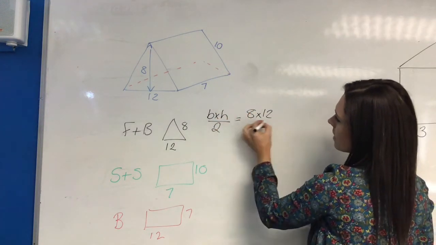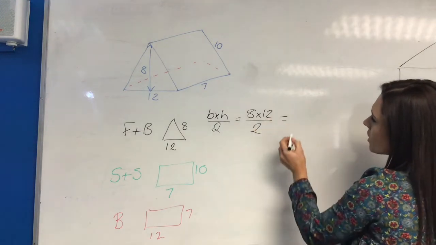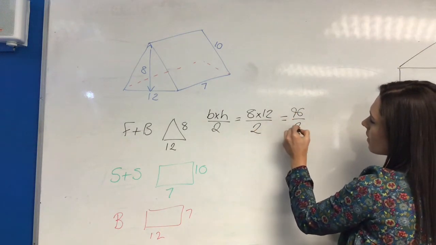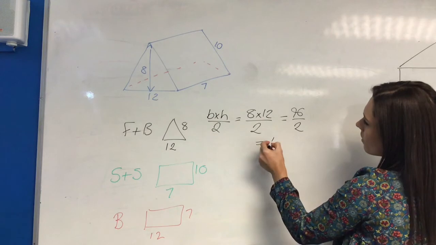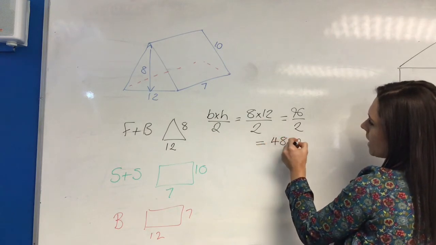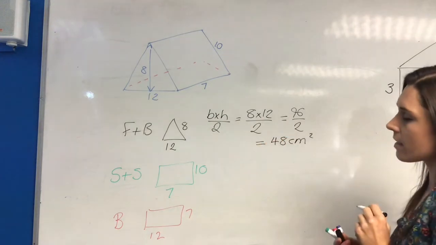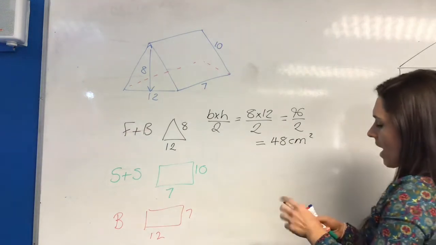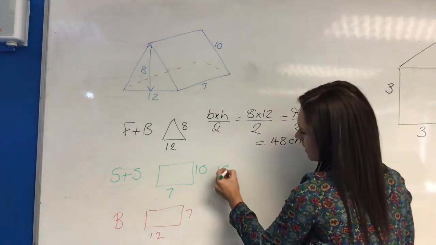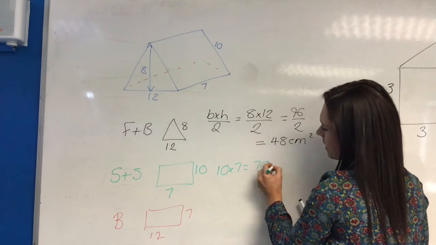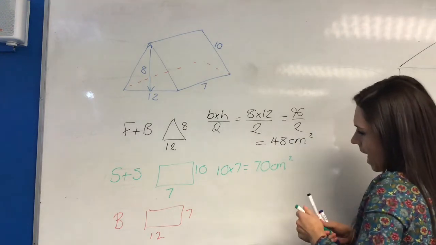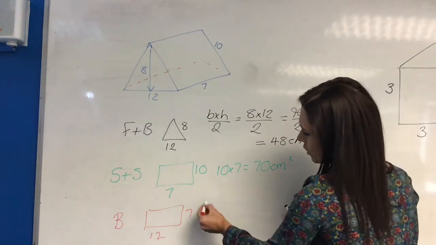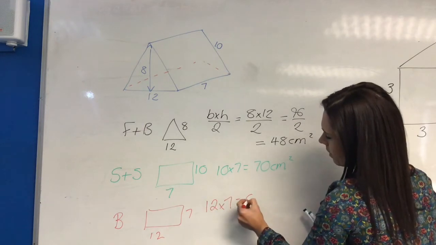So 8 times 12 divided by 2, 96 over 2, 48 centimetres squared. Let's have a look at the sides. We have a rectangle here, 10 times 7 is 70 centimetres squared. And then for our base, 12 times 7, which is